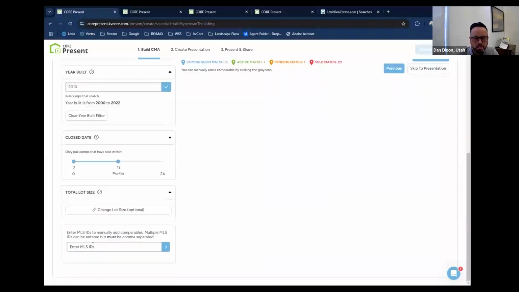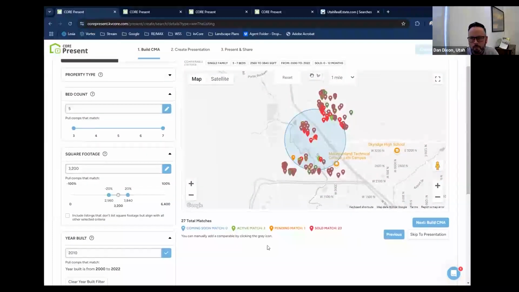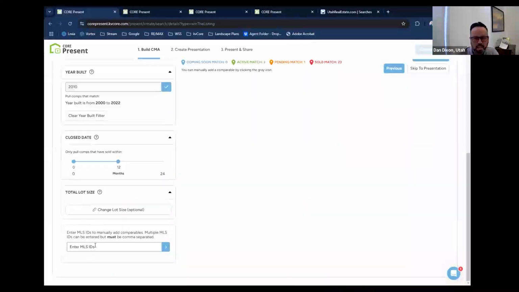And so you can add a specific comparable, saying, hey, I want to include MLS number 2002454. And then that would also be populated into your report. So if you're not comfortable with the number of comps, or if you know that there's a comp that exists that should be included, this is where you can add that.